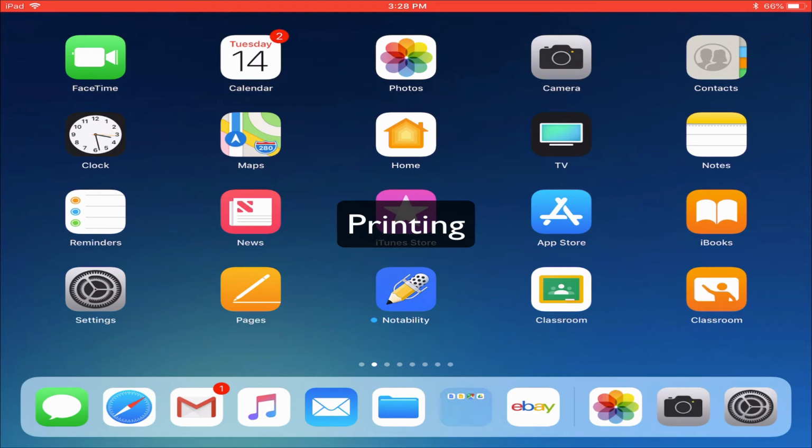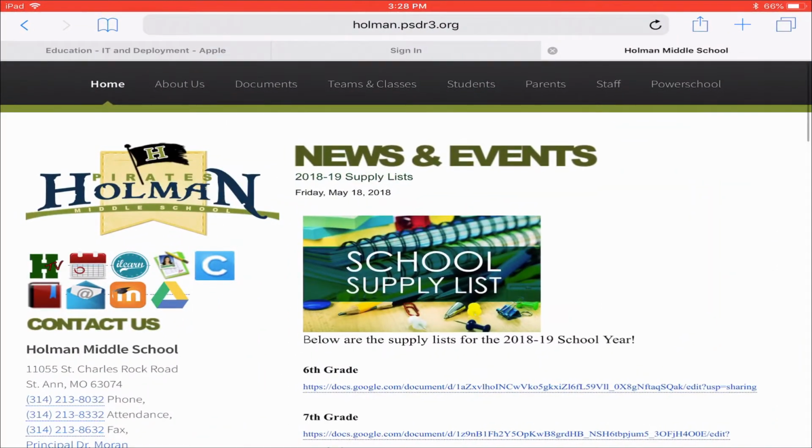How you print from your iPad depends a little bit on which app you're using. Google handles printing slightly differently than most other apps. So if I was going to print an email or print something from the internet, the way most printing works is I simply open up whatever it is that I want to print, and in the upper right hand corner